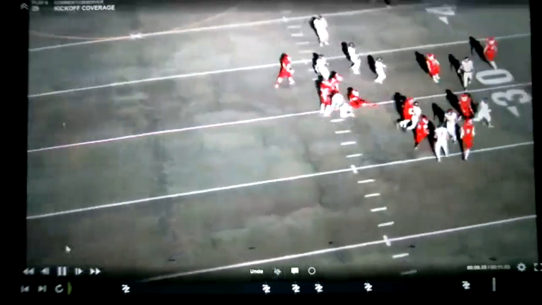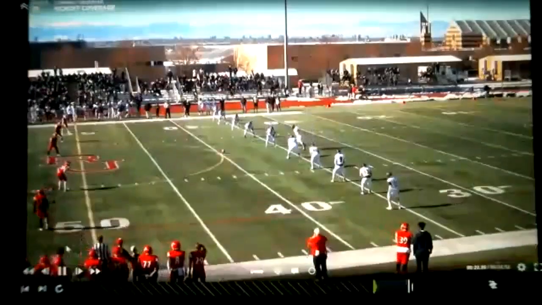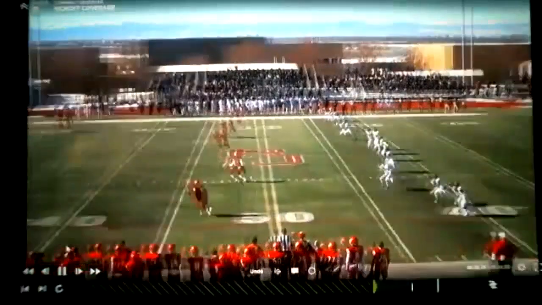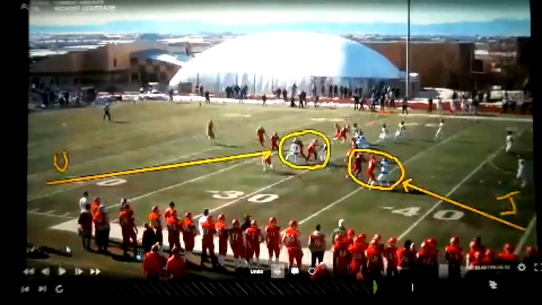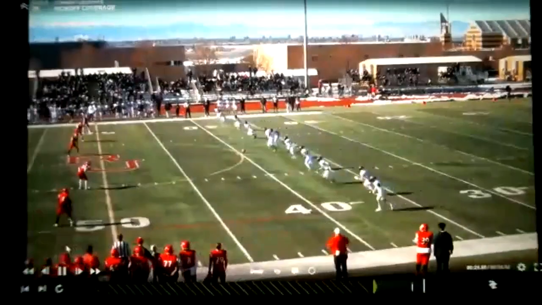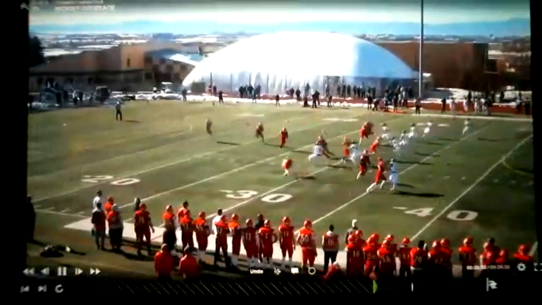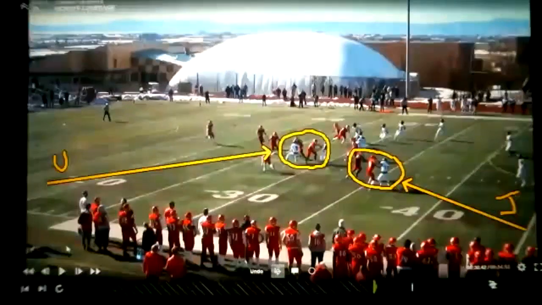I can run this through. Let's watch it from that view, Kurt. So let's stop it right there. Stop. Oh, you had your annotations in there. Okay. We'll stop on those annotations. So I think